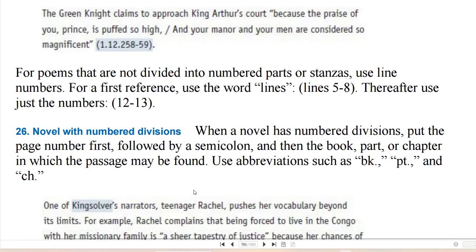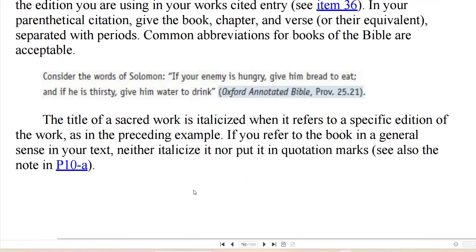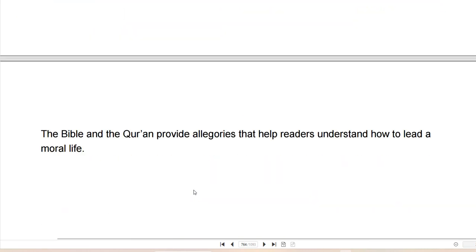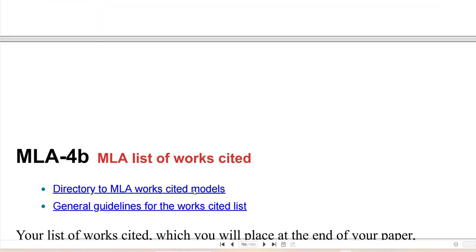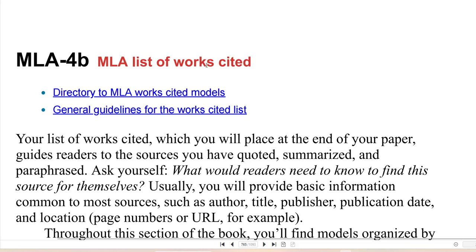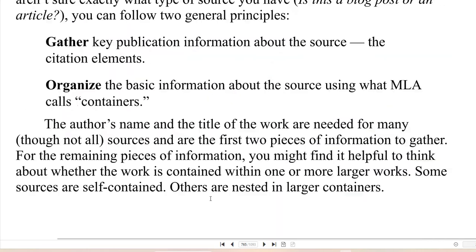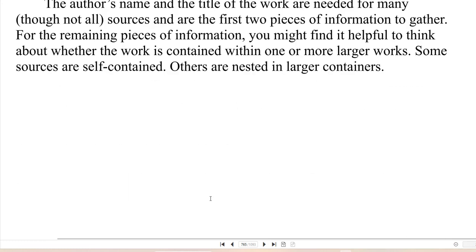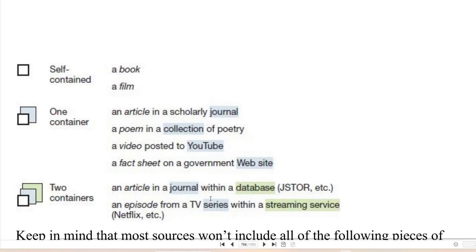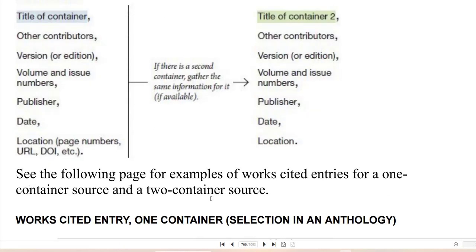you can look through the MLA book, and the MLA book will give you all the different examples of how to do in-text citations and works cited citations. Okay, so in MLA we say works cited at the very end. We don't say references. References is for APA. And MLA is for humanities, and APA is for social sciences and business. And you could buy the MLA manual, which has all of this, from which all of this comes from.